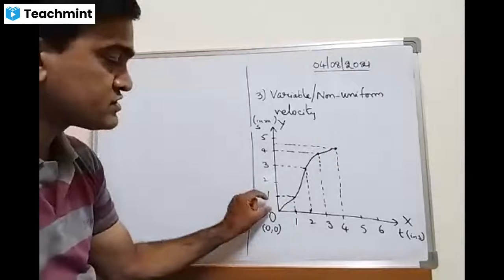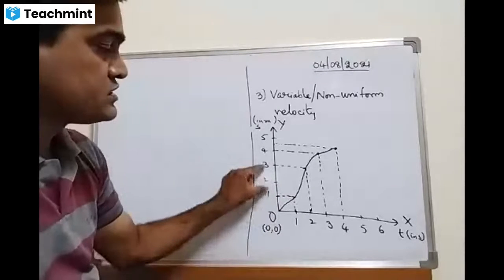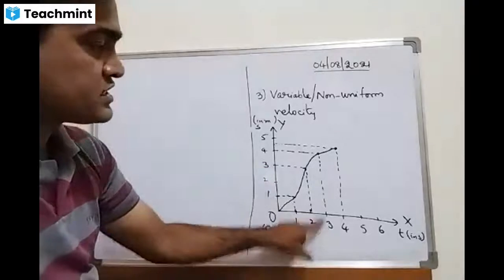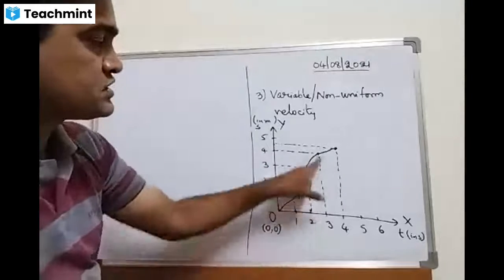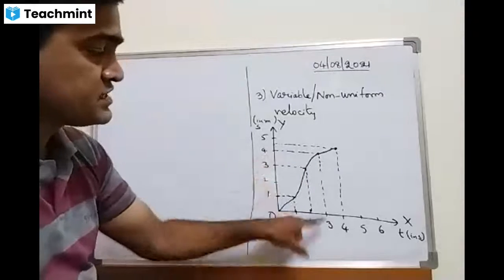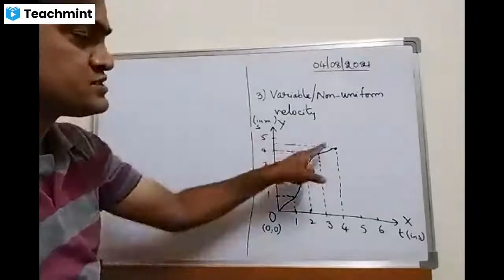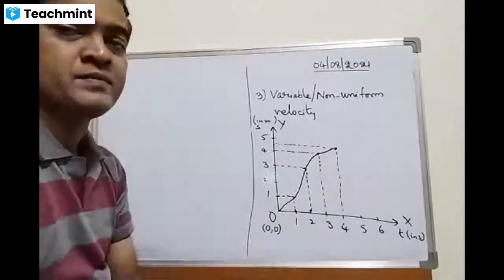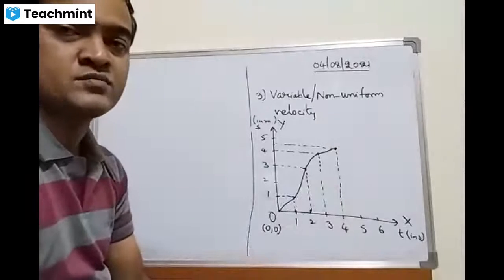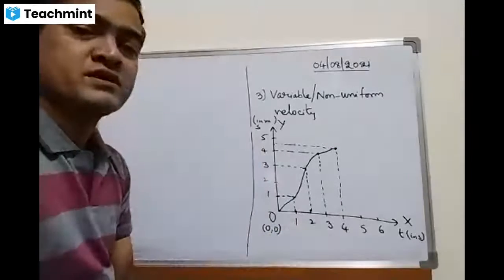But initially, what was the displacement covered? Only 1 meter. Now, here it is showing 2 meters. Now, at 3 seconds, I have taken the displacement as 4 meters. Right? At 3 seconds, displacement is 4 meters. Now, unequal displacements you can see for equal time intervals. So, this is the curve you got. This curve is nothing but unequal displacements for equal time intervals.